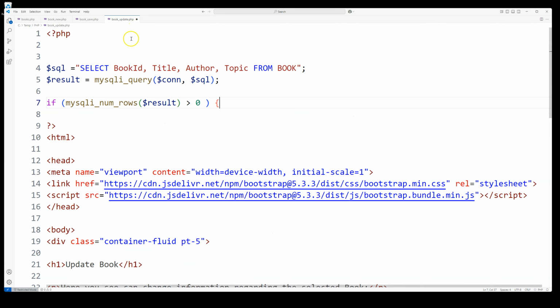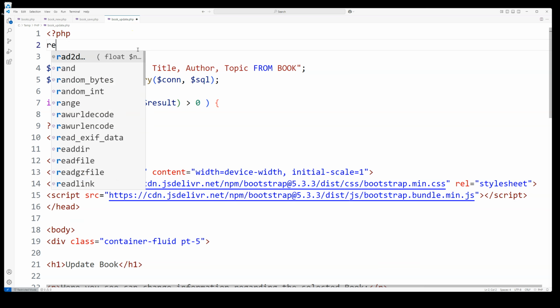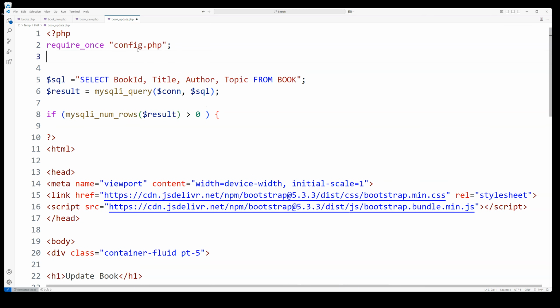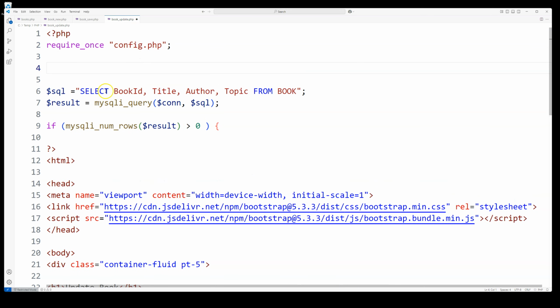And the first thing we need to do is to connect to the database. So then we use this require once, and this config.php file that we have created earlier, that connects to the database. And now we can enter this specific book that we select in the book table. So then select, we don't need to have the book ID, so then select title, author, and topic from book. And then we need to also include a where statement. So then where